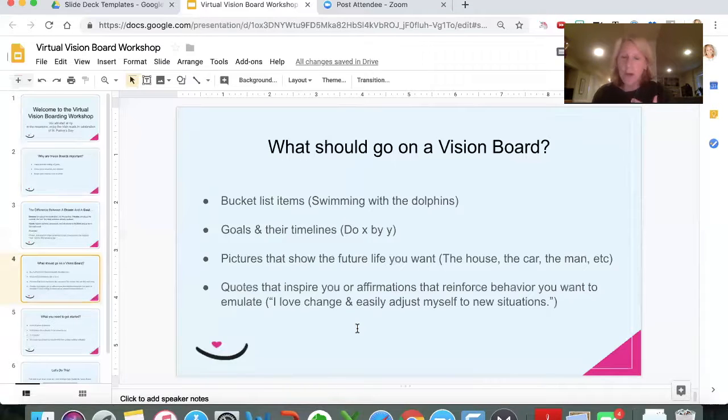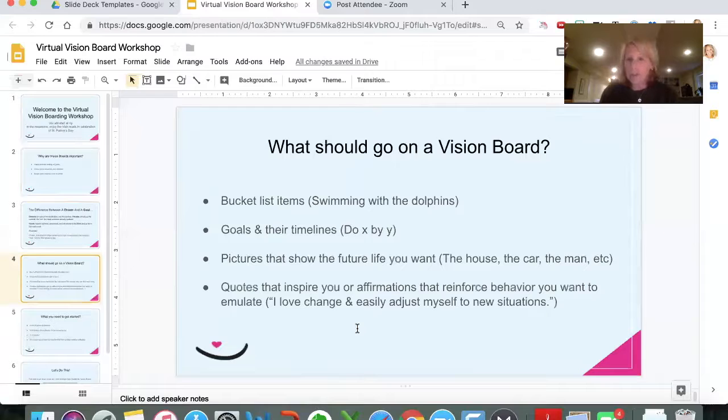So if I knew I was going to go to Mexico and swim with dolphins, I could say my goal is to swim with dolphins in January, because that was going to be my trip. Or run a marathon by the time I'm 50 or something like that. But goals, I stress, always need to have timelines. They need to be measurable. So they need to have some metrics around them.